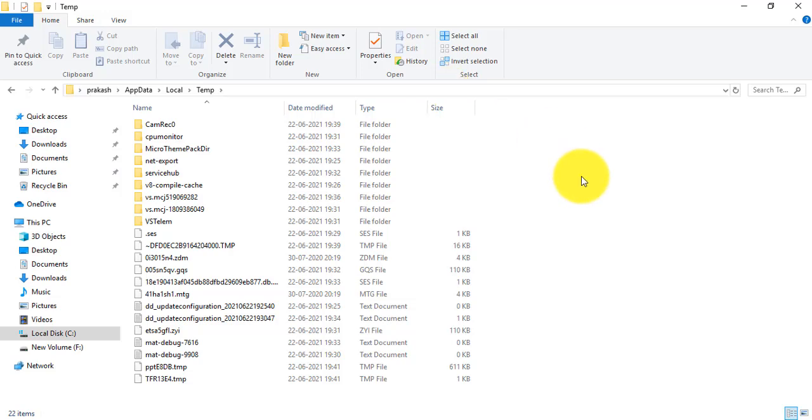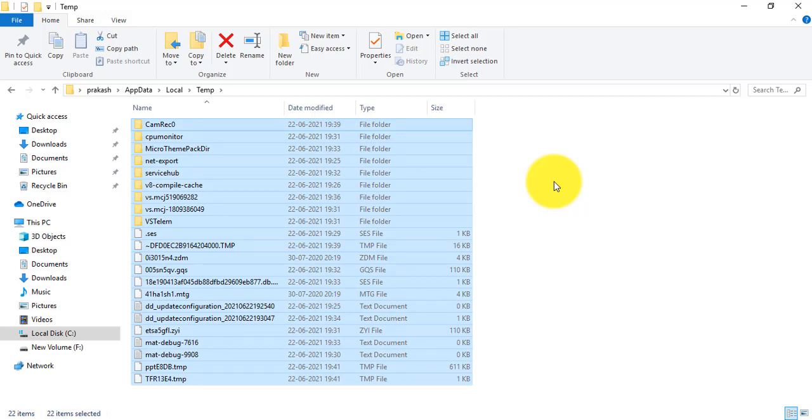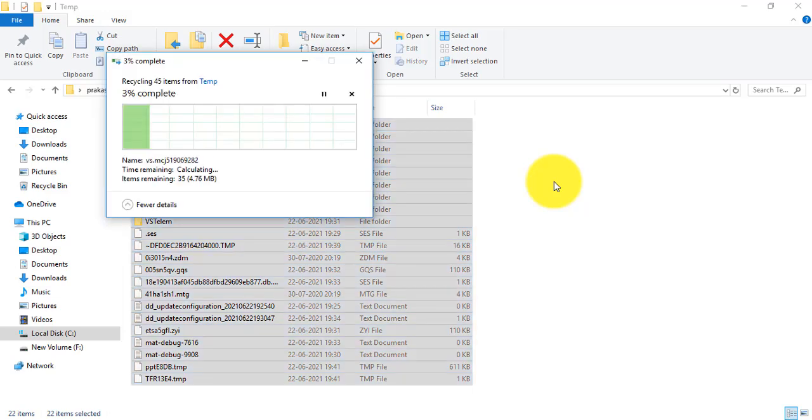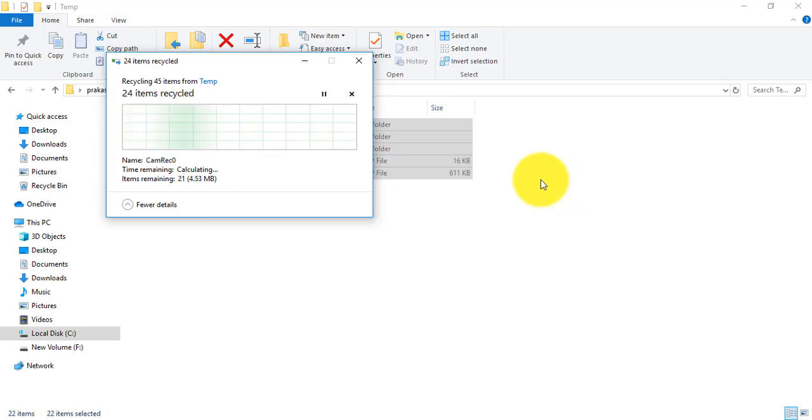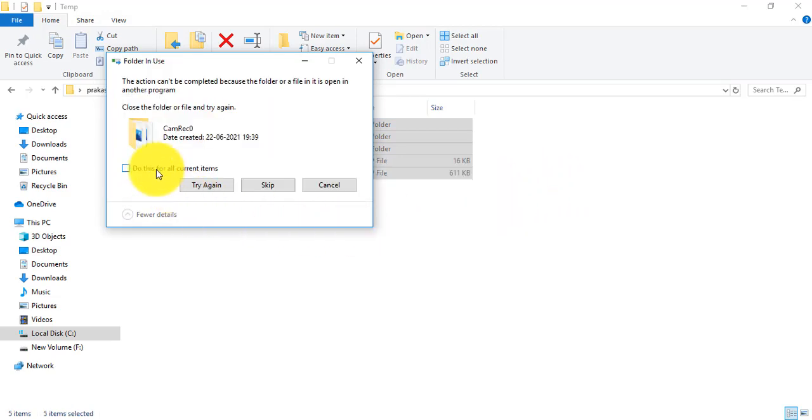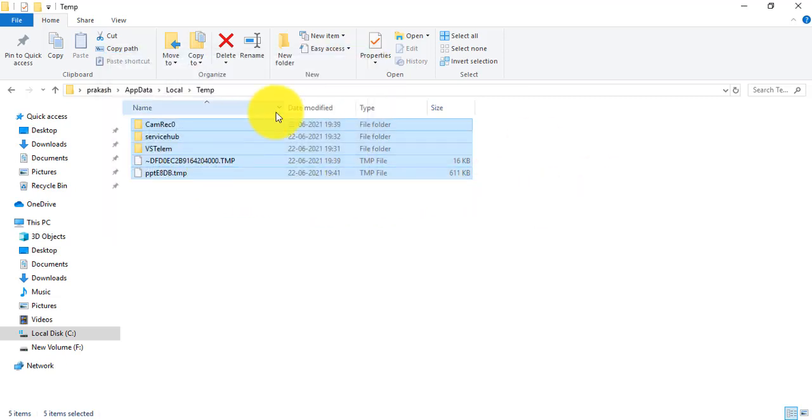So it will be created, and don't delete this Temporary ASP.NET Files folder. You only need to delete the contents inside this folder. I also delete all the contents inside my Temp folder. It will start deleting, and sometimes it will not delete anything because some of my other applications are open, so the related files cannot be deleted. If you close the related software or folder, it will delete these reference files and folders from the Temp